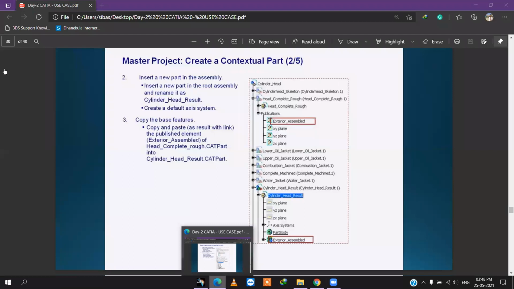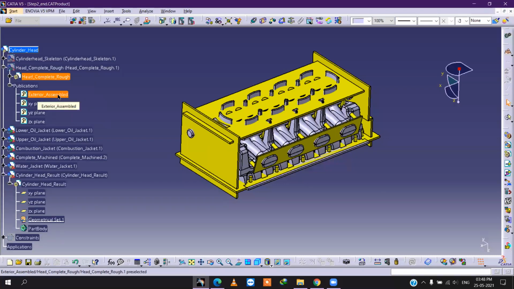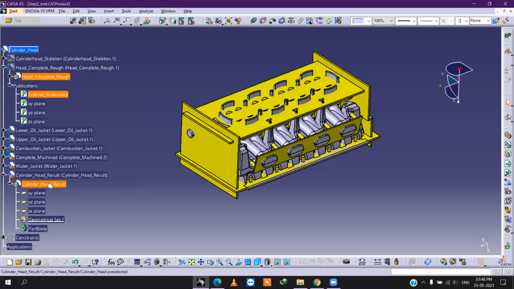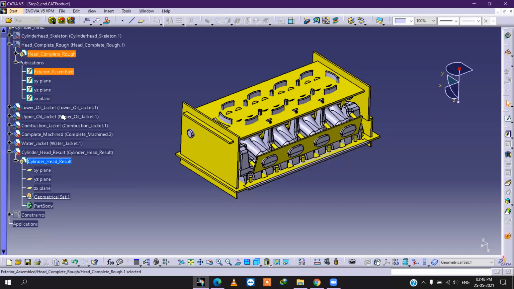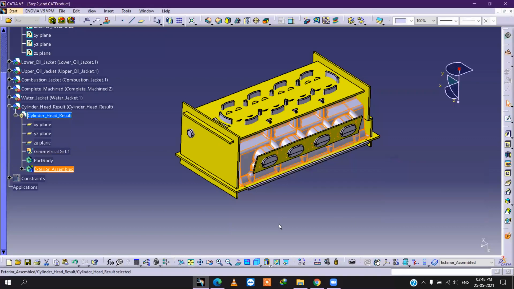This is the rough part from the publication, exterior assembled. Copy. Right click, Paste Special, As Result With Link. Okay, we'll get exterior assembled.